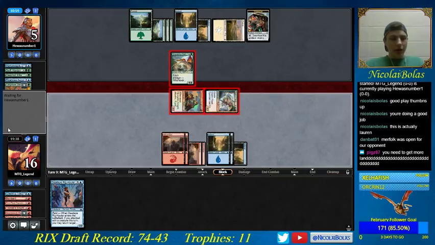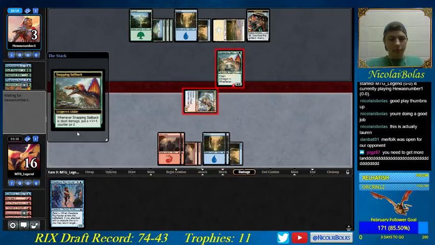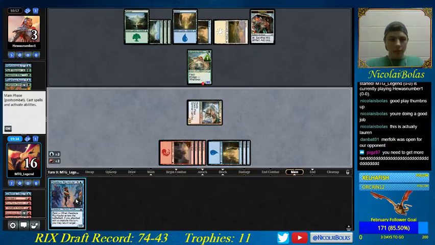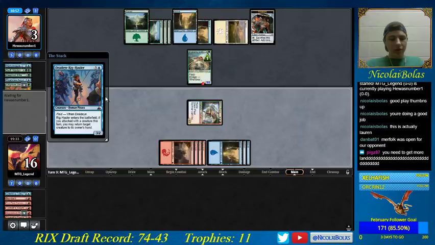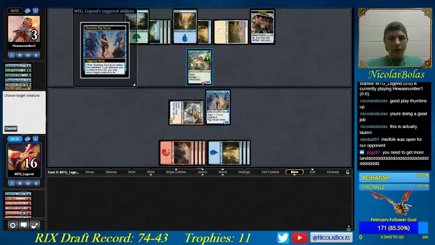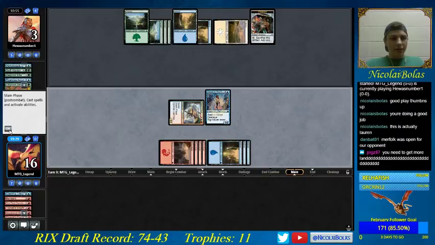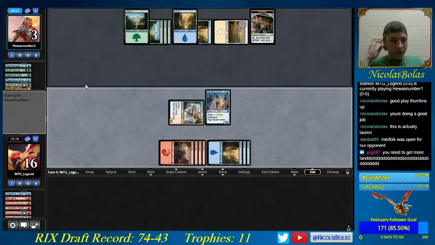I don't know if he was at 1 right now. Maybe it was incorrect to attack there. But again, I haven't seen Snapping Sailback. He did like tap his mana, like Phantom tap it, so I could have maybe known something was up. But